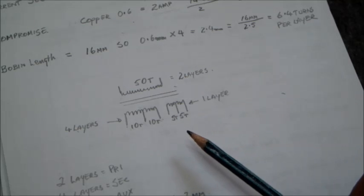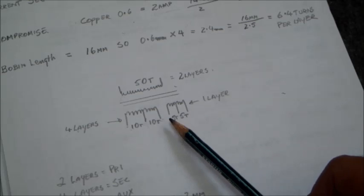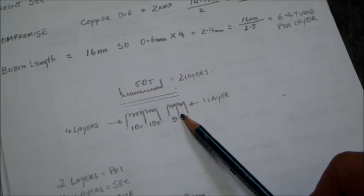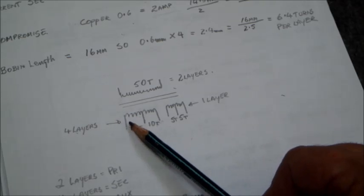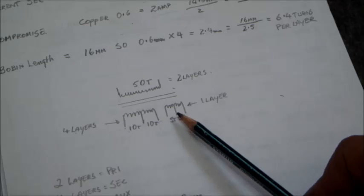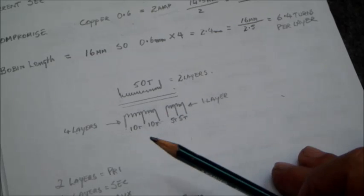And for the auxiliary winding, we will be needing 5 turns, and we are going to do it the same way as the other winding over here, and only putting 2 diodes there instead of a full wave bridge. Okay, so that will add up to 1 layer only. So all in all,